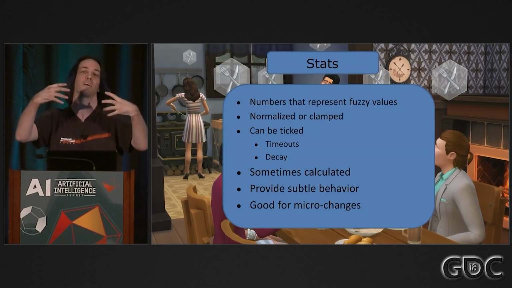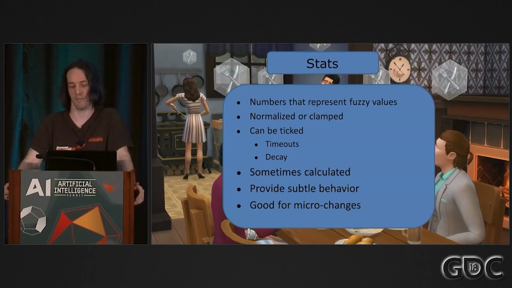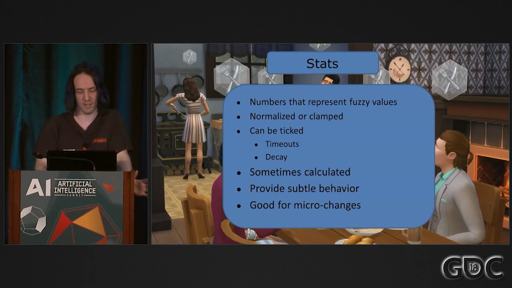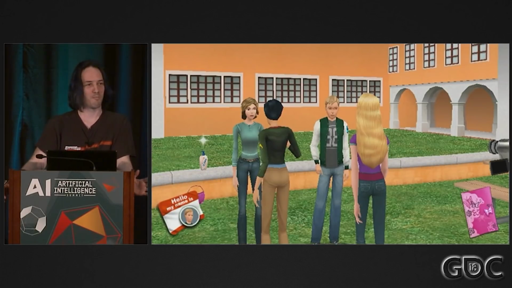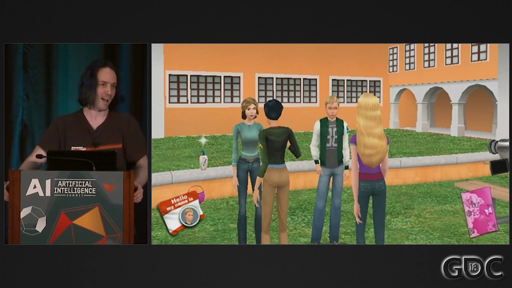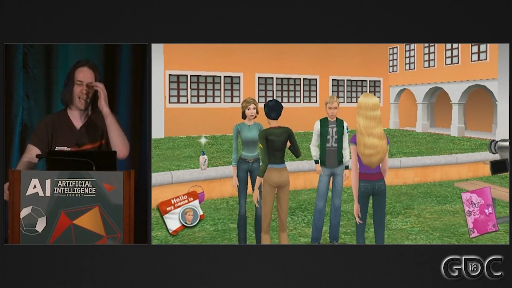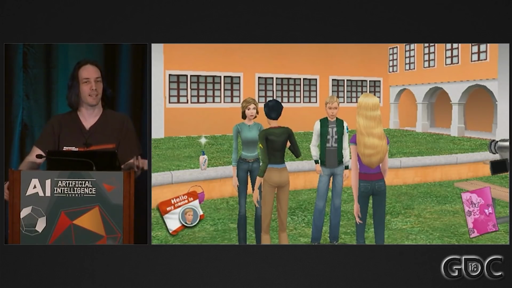That, along with many values, goes into larger calculations. And so you get, in my opinion, much more emergent type behavior. I'll give you a direct example from a game that I'm sure 100% of you have heard of, Barbie Diaries High School Mystery. Let the jealousy wash over you, it's fine. Back in 2005, many, many moons ago, I worked on this game. And believe it or not, there's a little simulation that happens under the covers. There's a little utility-based AI thing happening. And the reason that I created this is